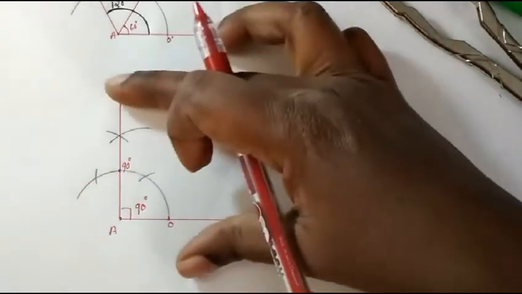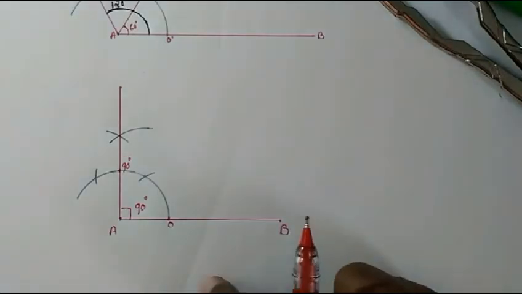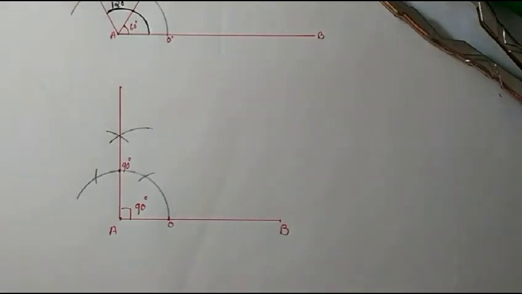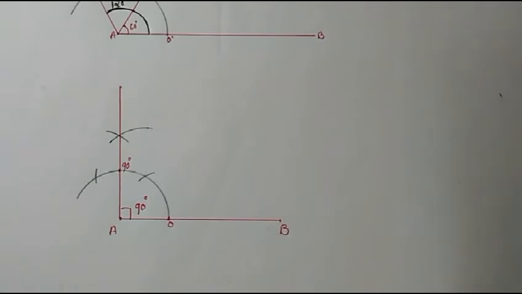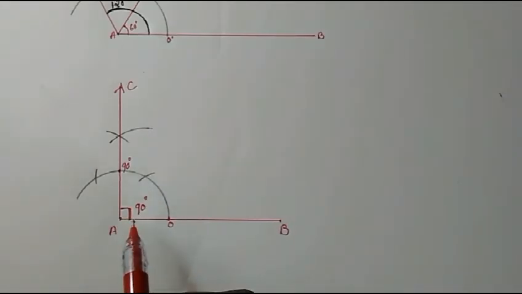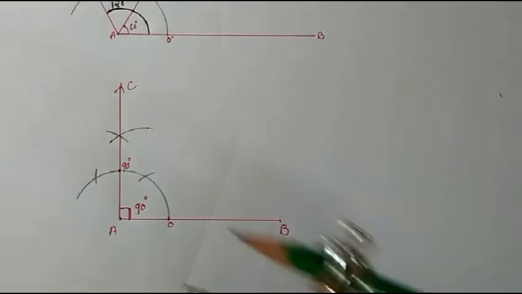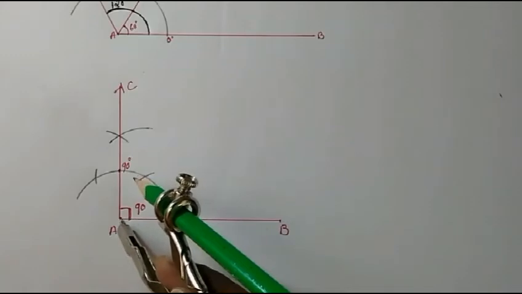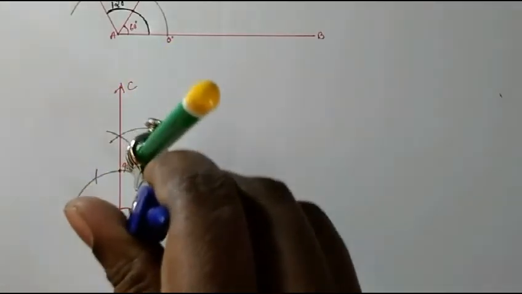Okay. So if you draw an angle bisector, when you make it half of 90, it will become 45. I have shown you how to draw the angle bisector. Okay, so you have the angle now here. Now you have the angle BAC that is 90 degree. Now if you draw an angle bisector, then you will get 45 degree. Angle bisector, how to draw? I told you. You can keep this point and take any measurement and draw the angle.